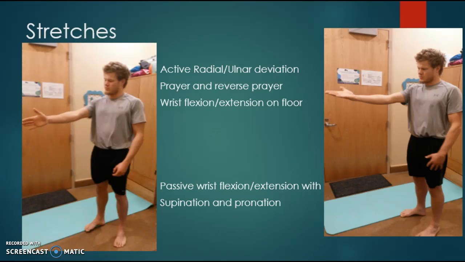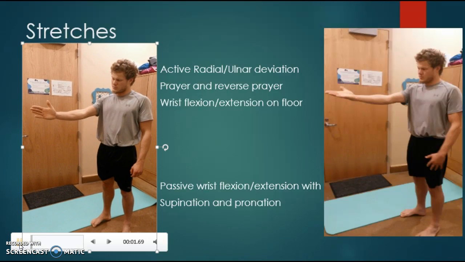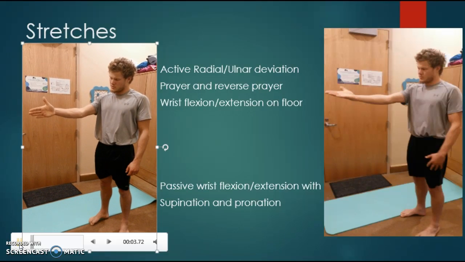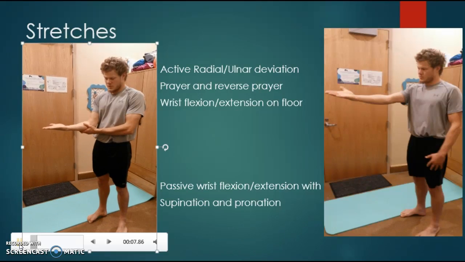After the immobilization and the splint and the corticosteroid injection, the patient will need to perform these stretches as directed in the plan. On the left here is an educational video about a number of stretches. So the first is a radial and ulnar deviation and a handshake motion to restore motion. Then there is